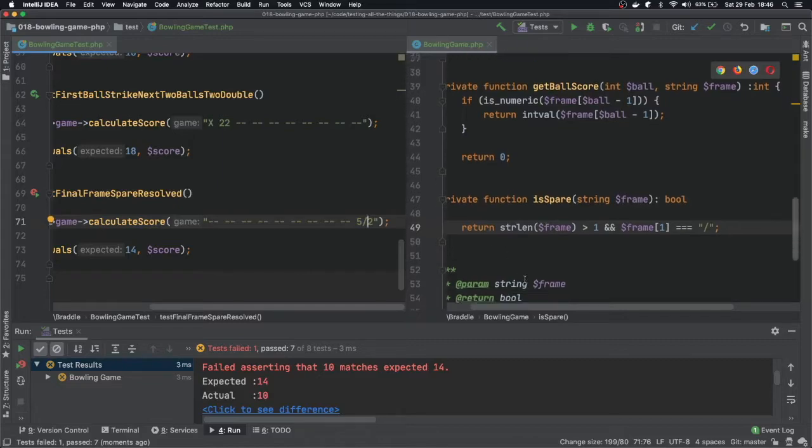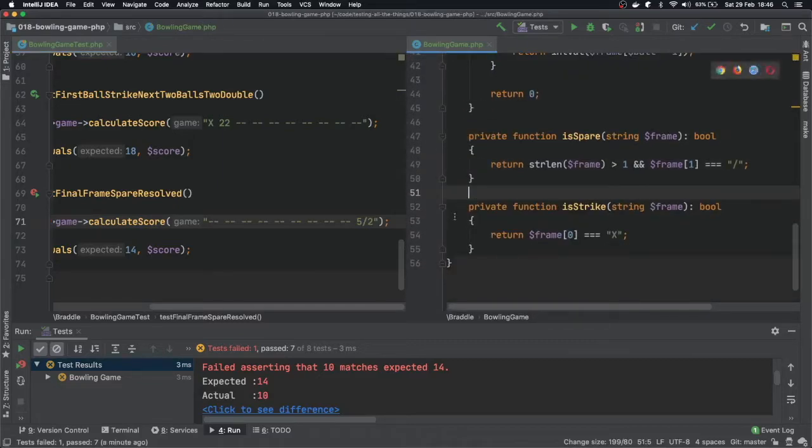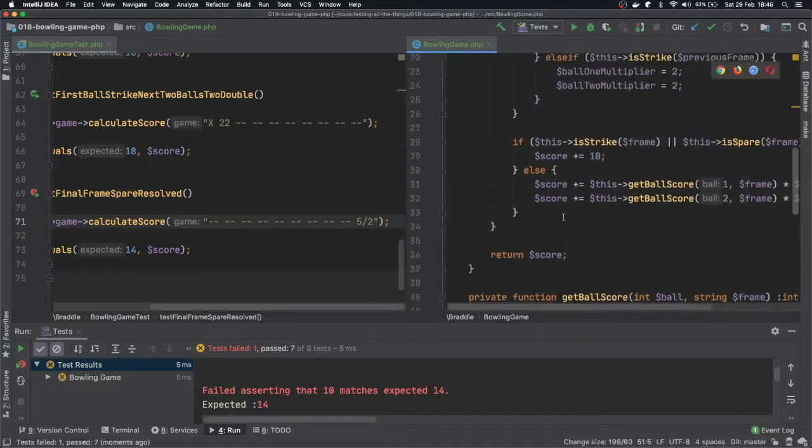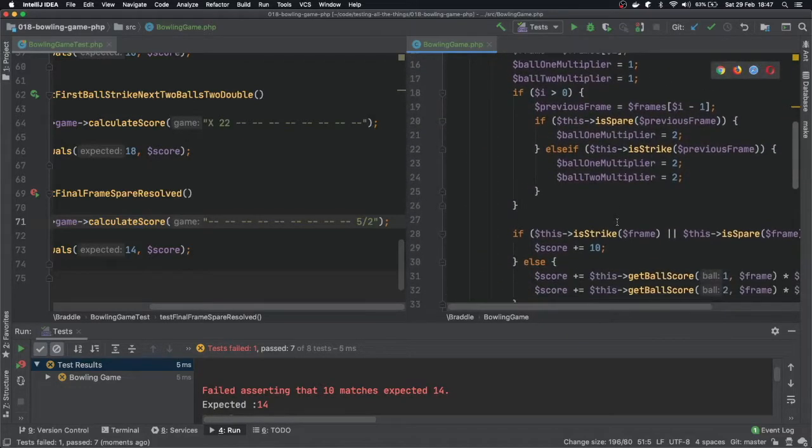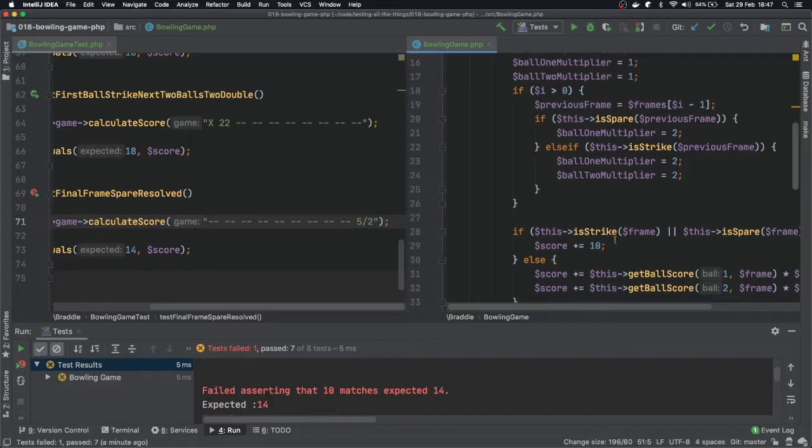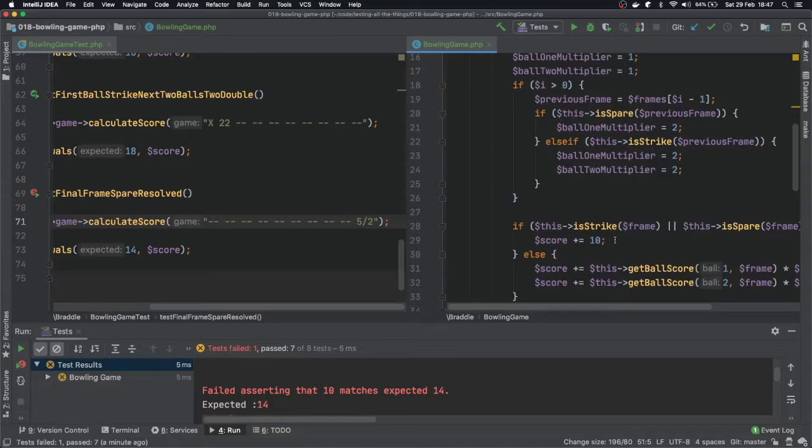So let's have a think. Tidy up as well. Save. Didn't break anything. Okay, so let's look at our logic. I'm starting to think that looking at the previous frame was potentially a bad idea at this point, because by looking backwards, it means for this one case we then need to look forwards to the next ball, which is potentially not the best way to do this. Because if we had a way of just looking forwards,